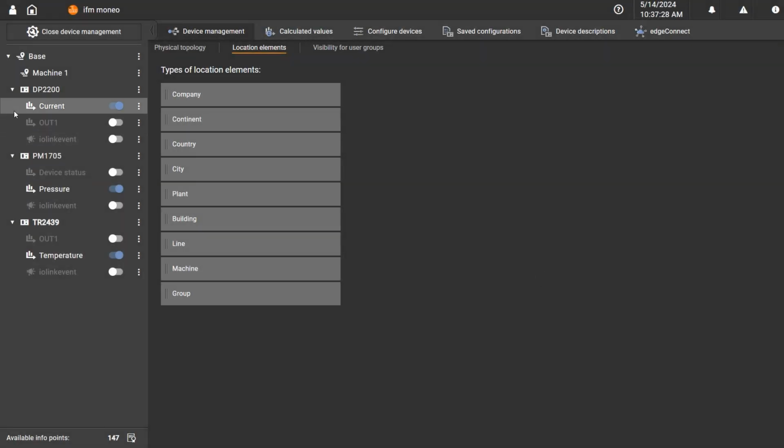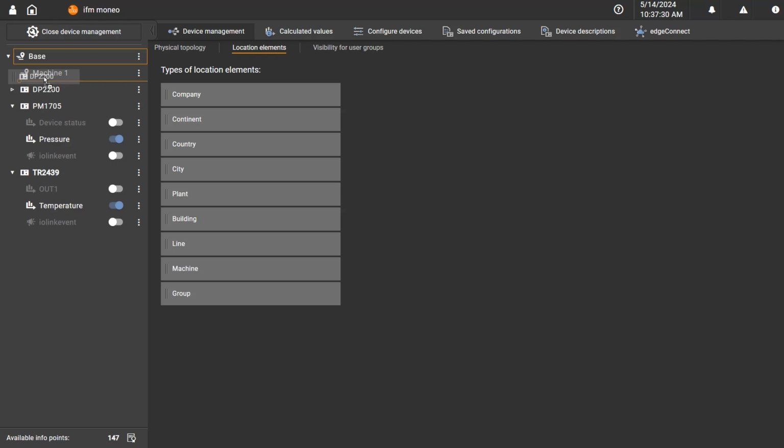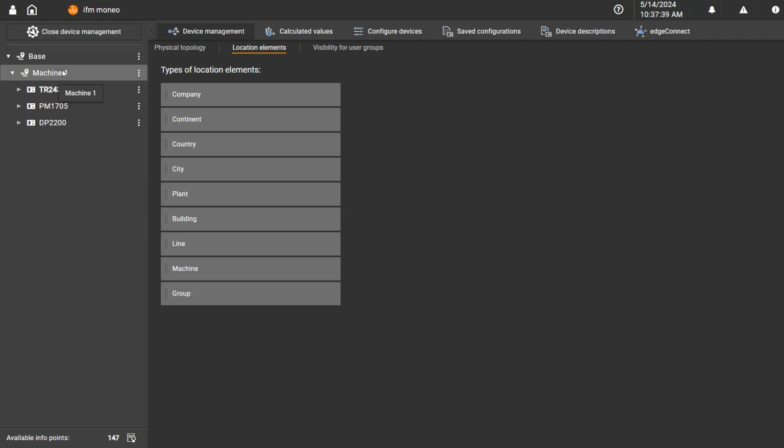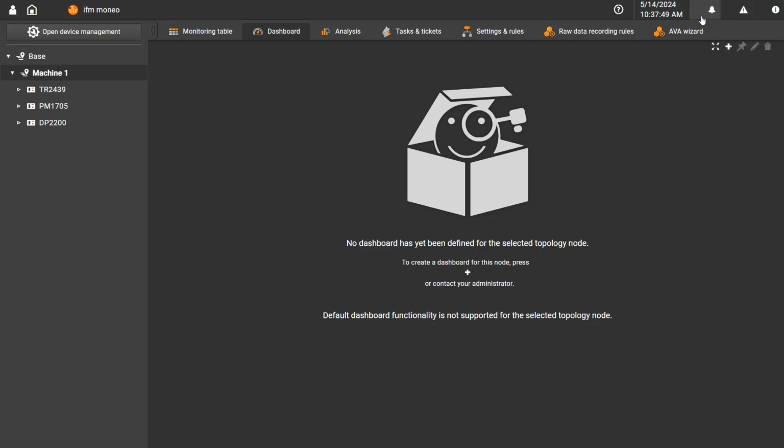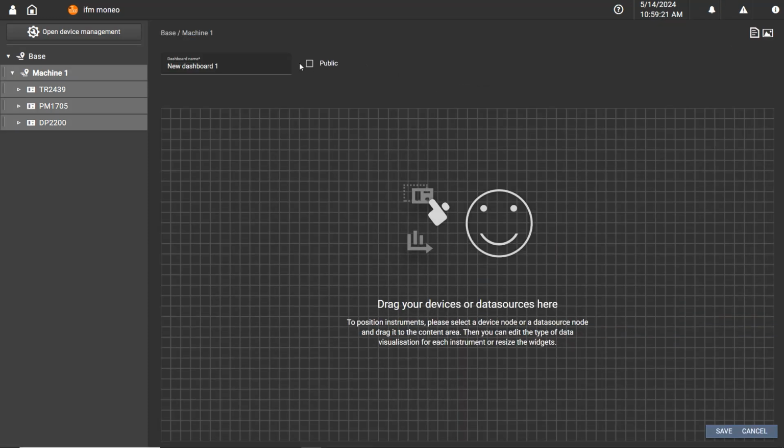Now I'm going to take these sensors and drag and drop them onto Machine 1. Now that's complete, and we can click on the Close Device Management button above. It will take us back to our dashboards, and now we can click on Machine 1. We can come over here to the new dashboard icon. I'm going to toggle on Public because I want to share this dashboard with any user that would sign into